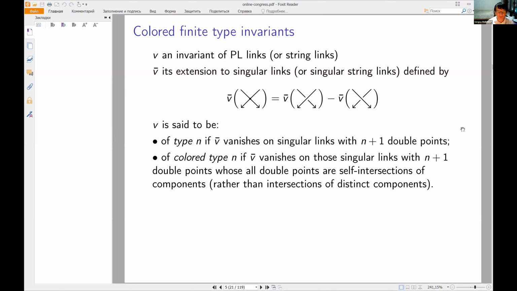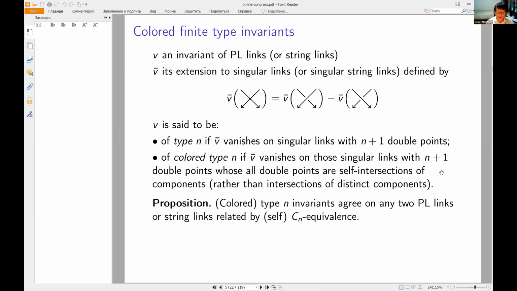And V is said to be of colored type n if its extension vanishes on those singular links with n+1 double points, whose double points are all self-intersections of components and not intersections of distinct components. So we look only at self-intersections of components, and we count those self-intersections, and we don't care about intersections between distinct components when we define this colored type. So colored type n invariants are related to self-CN equivalence